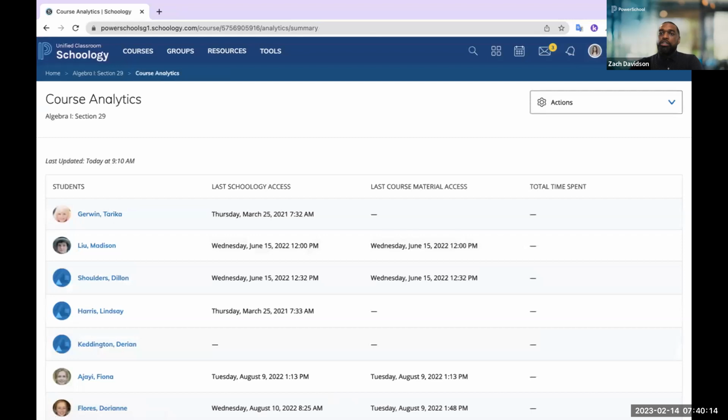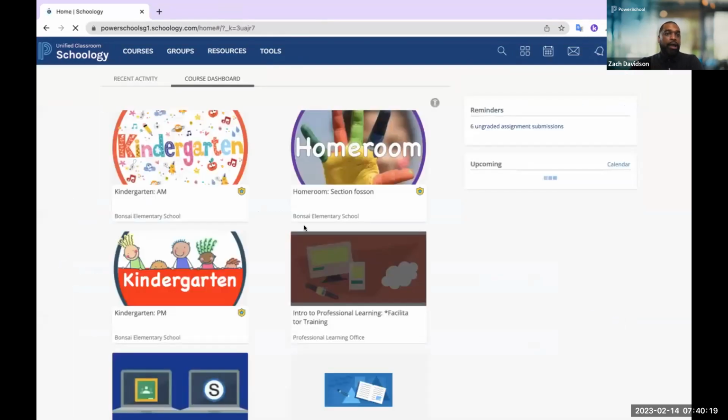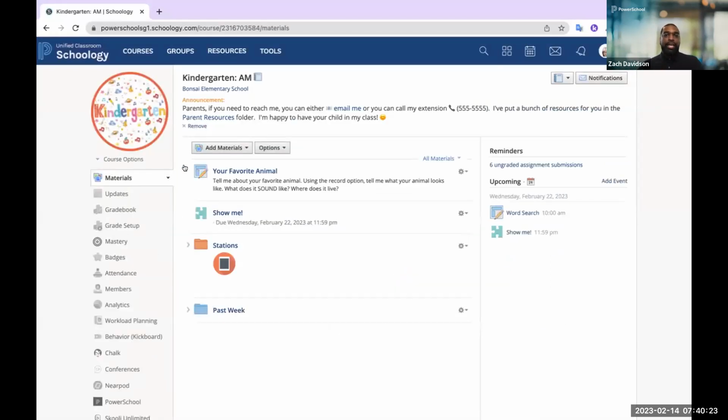Additionally here, before we showcase the student experience, I do want to highlight the thought around elementary teachers, making note that everything that I showed in that secondary classroom can still be applied. All the tools and functionality are always going to be available for all teachers K through 12. But I always like to come into Janet's kindergarten class here just to highlight the capability around communication.